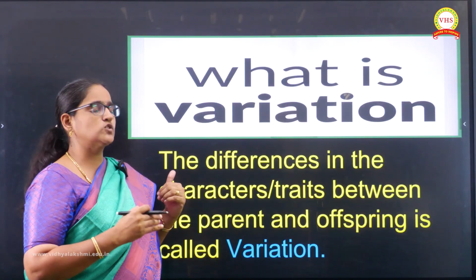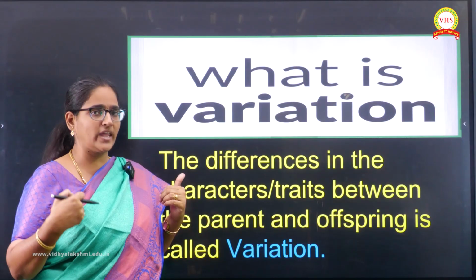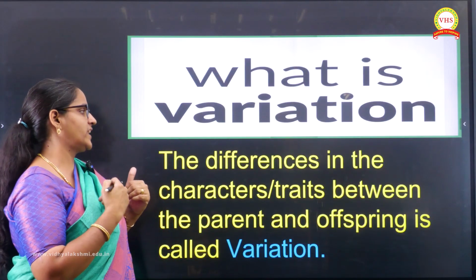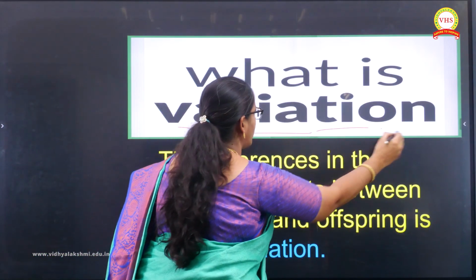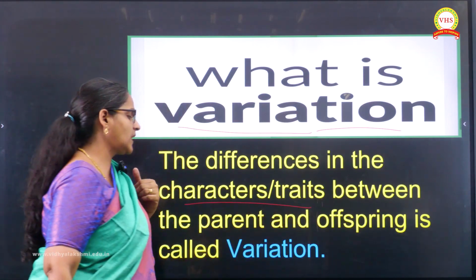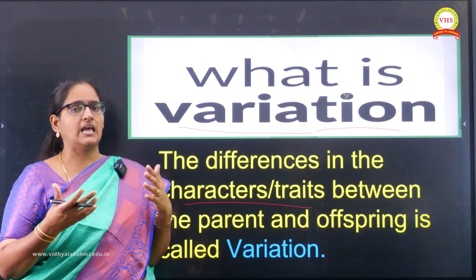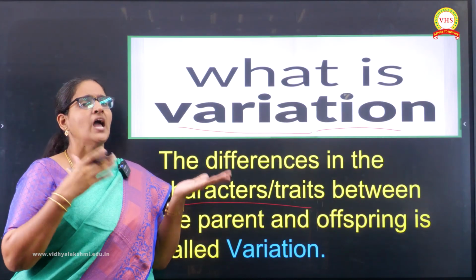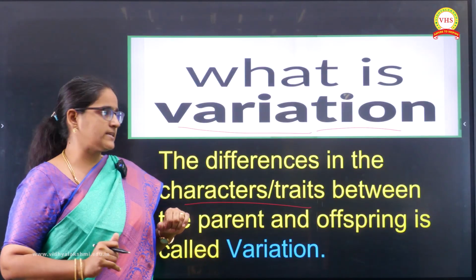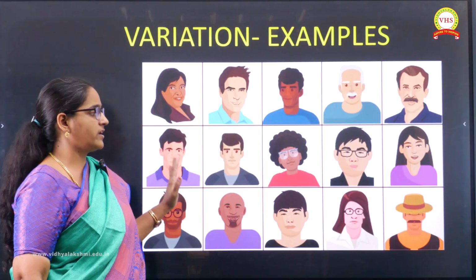Now the next term. As I told you, genetics deals with heredity and then the variation. So here, the term variation. What is meant by the term variation? The differences in the characters or the traits between the parents and the offspring. So what are all the changes which can be seen between the parent organism and the next generation offspring organism is called variation. For example, if you look at this particular image,